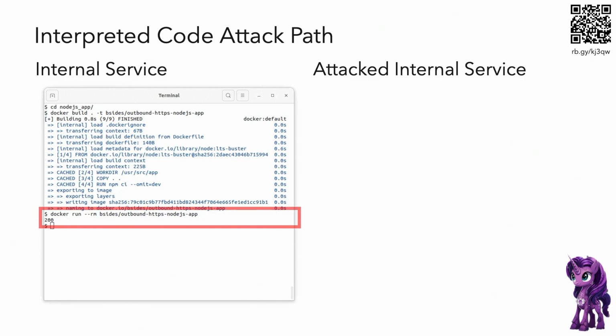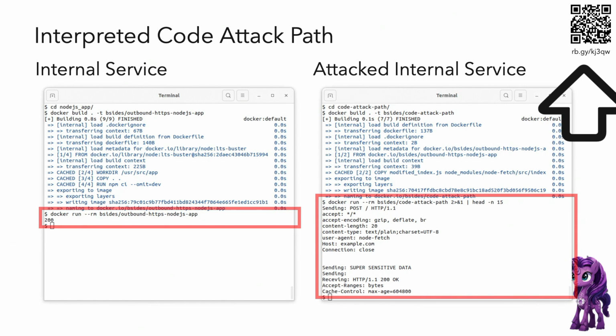So yeah, if I go run this, Docker build, blah, blah, blah, and it's going to do all the steps, and I'll say Docker run, and my Node.js app, all it outputs is 200, because if you totally noticed in the example code, all it's going to output is the status code of the response. But when we look at the version we modified, oh my God, look, we got to see all of the outbound stuff, and then the response. You'll notice I just trimmed this to 15 lines, so we didn't actually get everything. But mic drop, I'm done. Thank you. Actually, I got to say, it was pretty exciting to get that working.